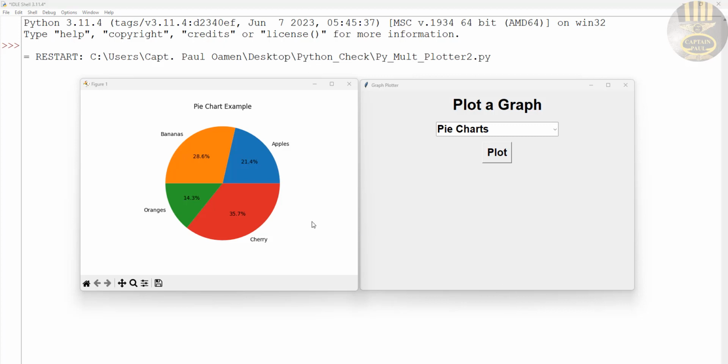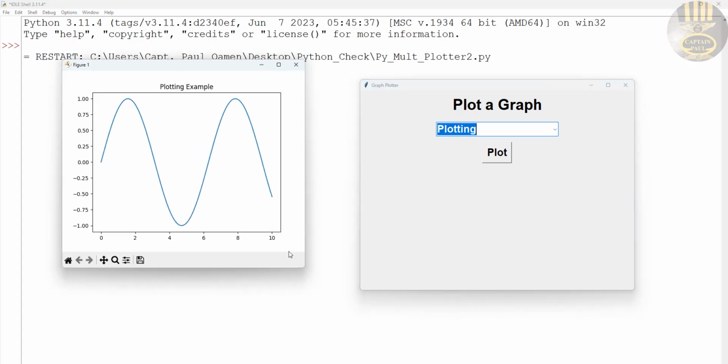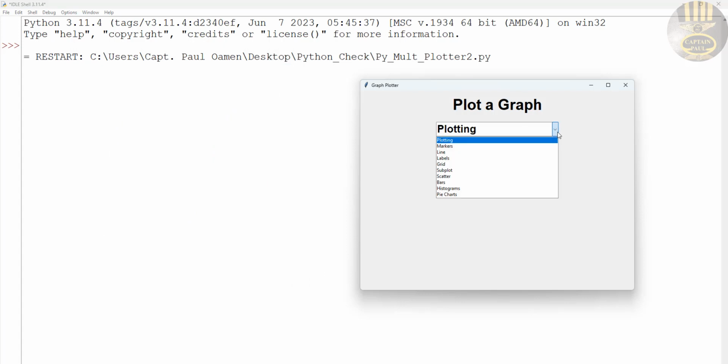If you look at it, you might be wondering, plot a graph? Check this out. I'm going to change the graph that you're looking at here. Let's plot another one. In fact, let's close this first and we'll plot another one. There we go. Check that out. So we can plot different types of graph